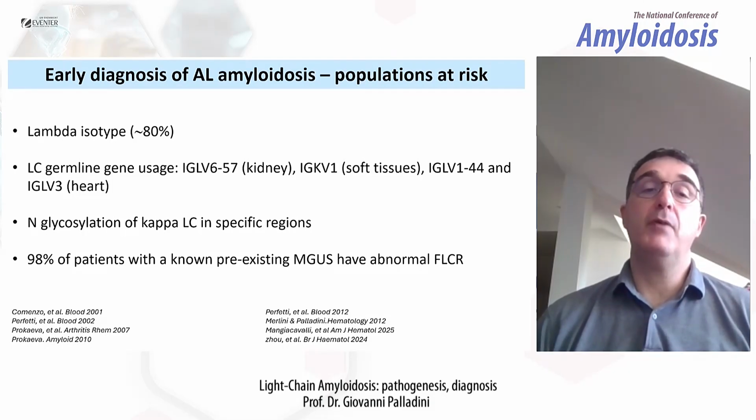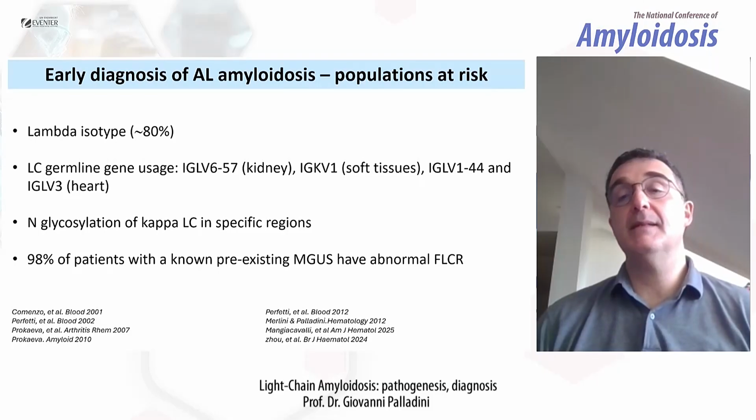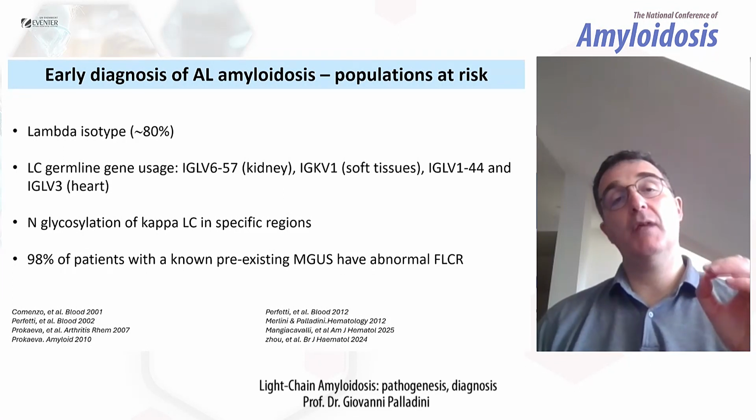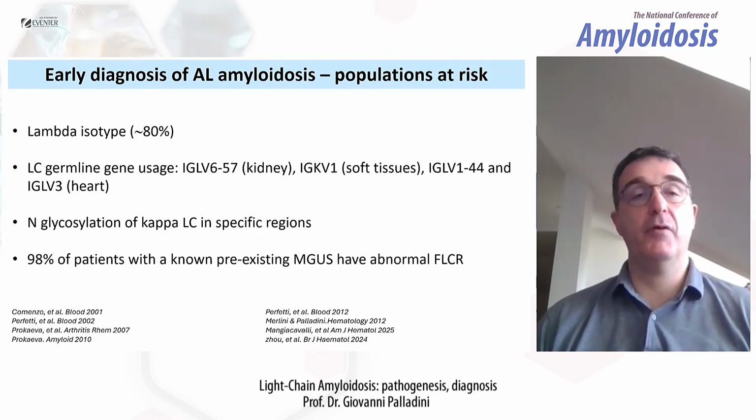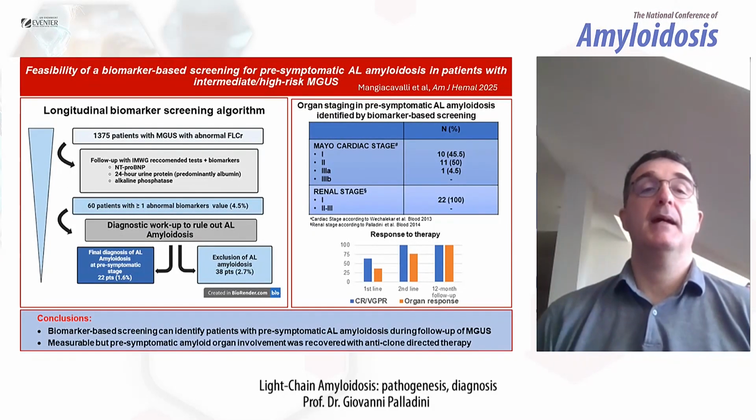And in our patient population, most patients with a known pre-existing MGUS also have an abnormal free light chain ratio. So there are means to enrich the sample and to look in specific patients for AL amyloidosis. What we did was looking at patients with an MGUS and abnormal free light chain ratio in this small preliminary